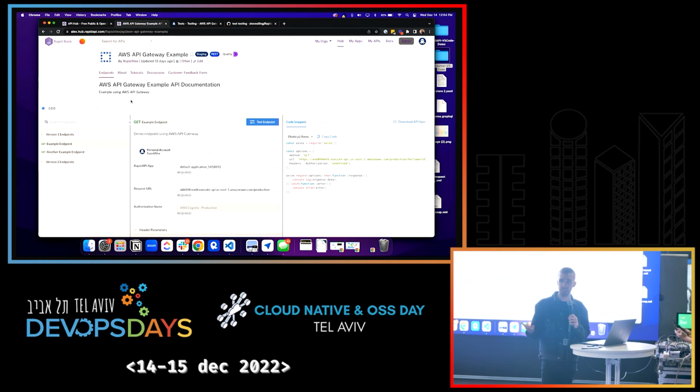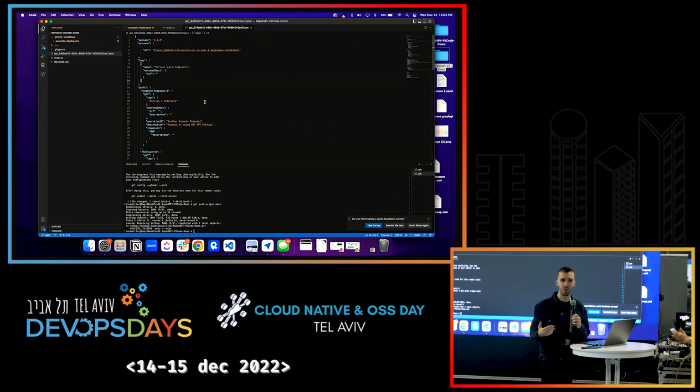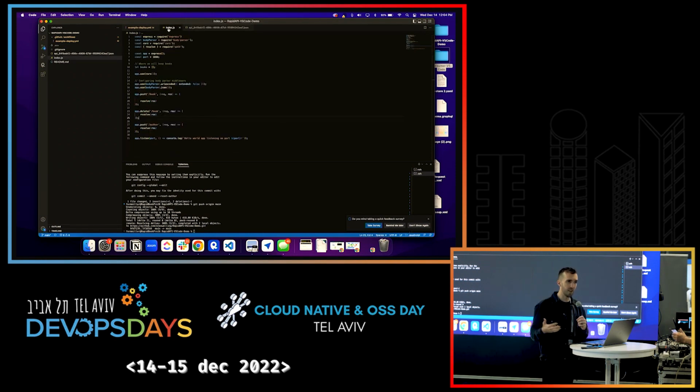So right here I've got an example API I've been working on with a couple of different versions. And I'm going to come over into VS Code and look at the developer's journey for how they're going to be coding and working on this API, as well as deploying it out to GitHub. So in here, as I would be doing in my normal day-to-day job, I could be working on an API, adding new functionality and endpoints.